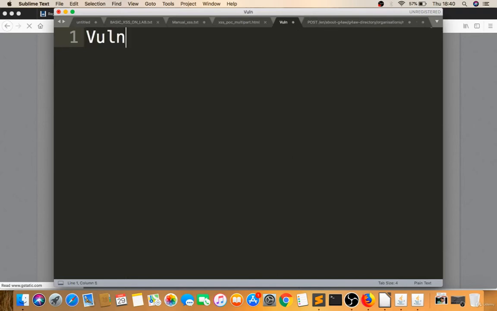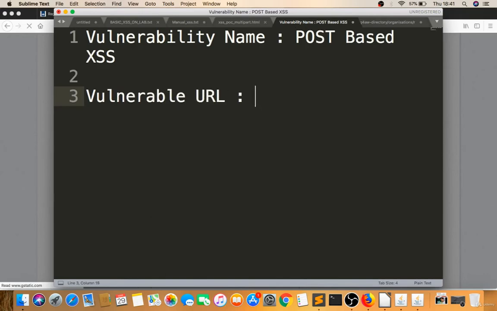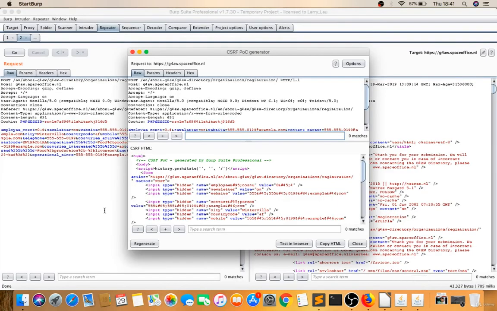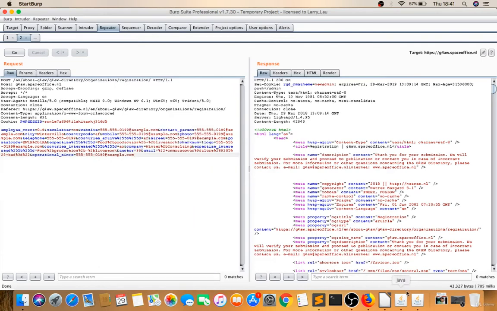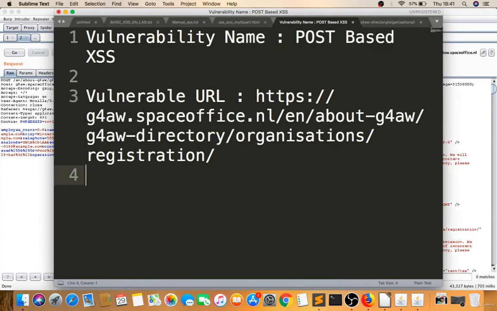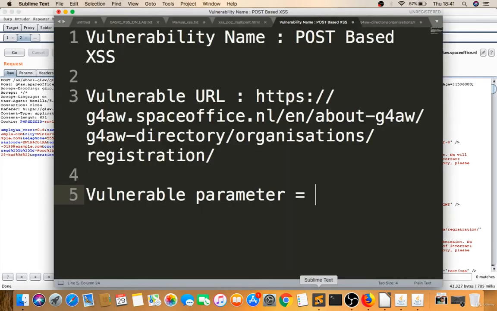So I'll give the vulnerability name, post based XSS. Descriptions, I won't give descriptions. I will give just the vulnerable URL. So let's copy the vulnerable URL from there. Right click, copy URL. Okay, now you have to give the vulnerable parameter. And the vulnerable parameter was what? Email. So I'll give email, and the payload